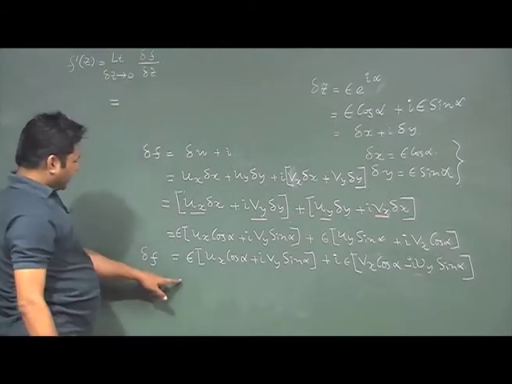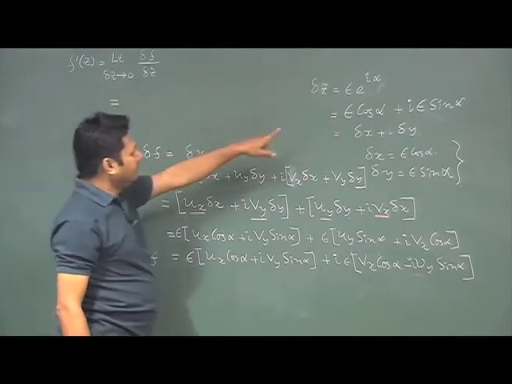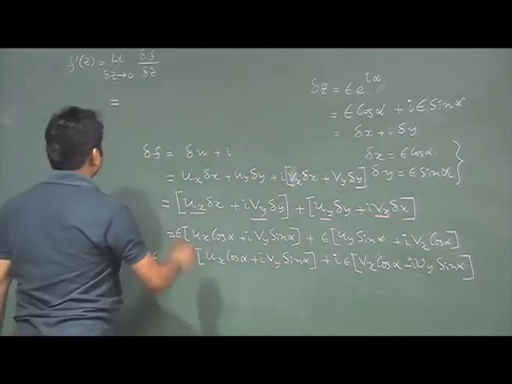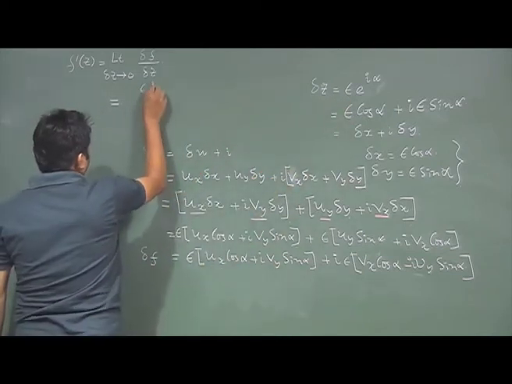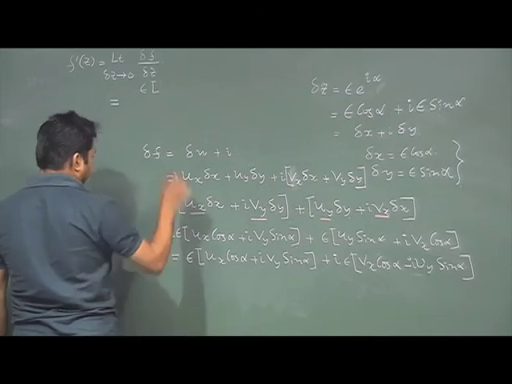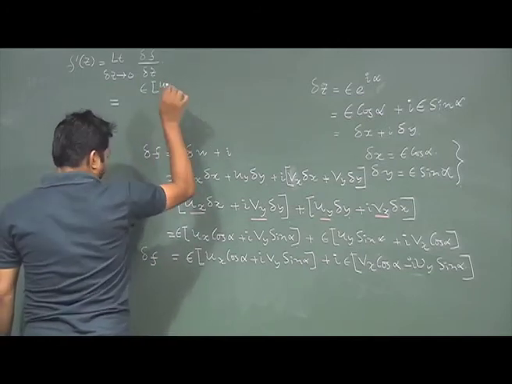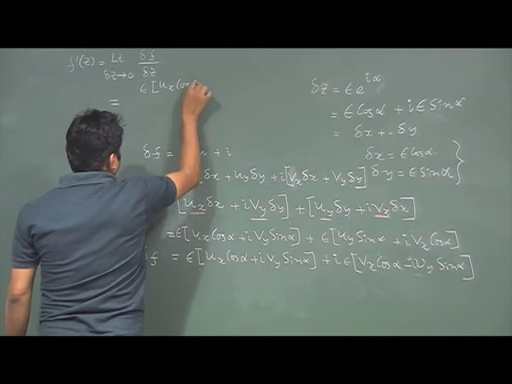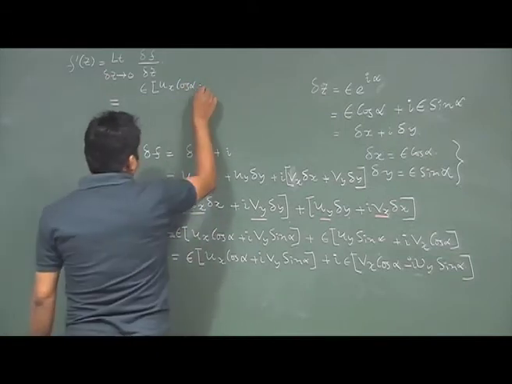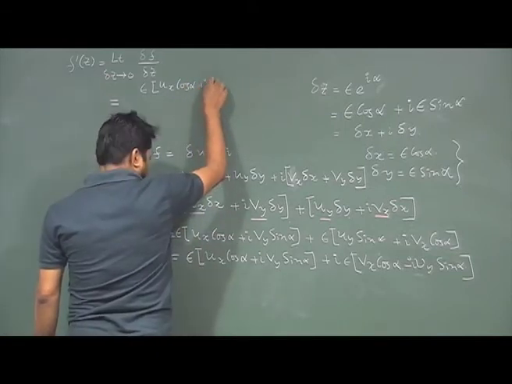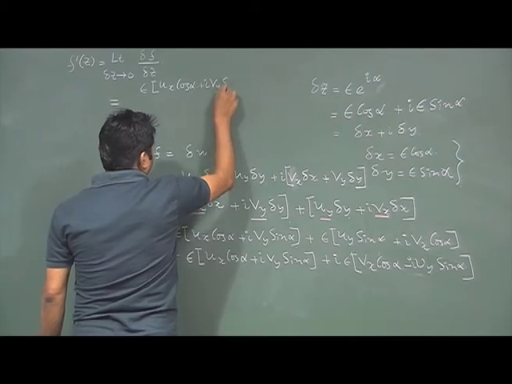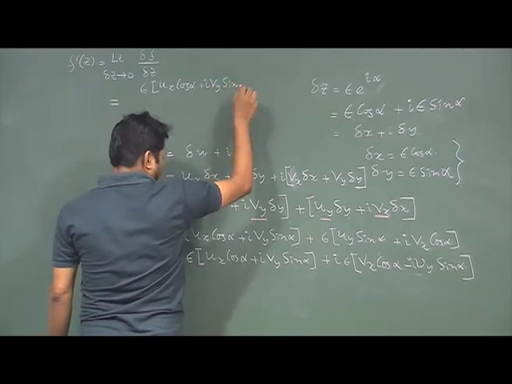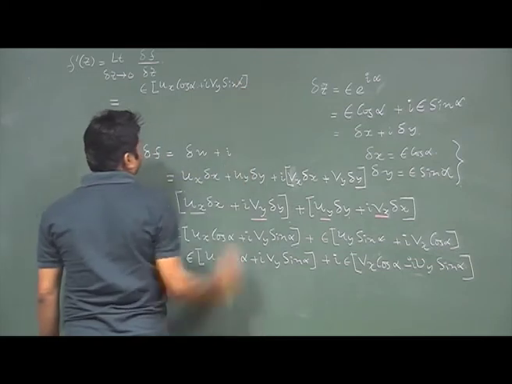Delta f I figured out, and delta z is also given here. So, if I write this expression, it should be something like this: epsilon ux cos alpha plus I vy sin alpha,